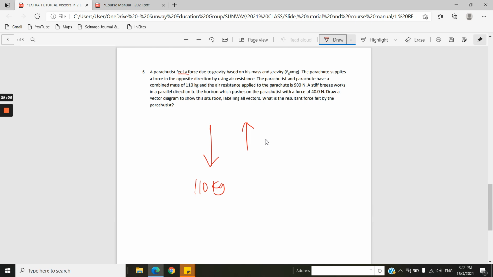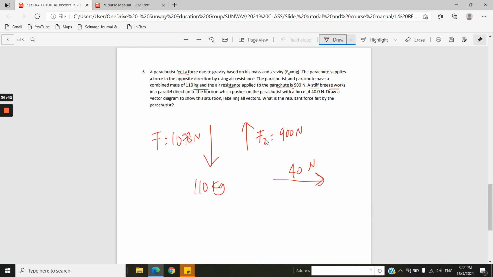So the weight of them, because of gravity, how much will this force be? Check. This force will be 1078 Newton. Okay, and the air resistance applied to this person is 900 Newton. A stiff wind works in the horizontal direction, pushing with a force of 40 Newton. Okay, they don't tell you if it's pushed to the right or left. You just always assume push to the right, because right is positive,